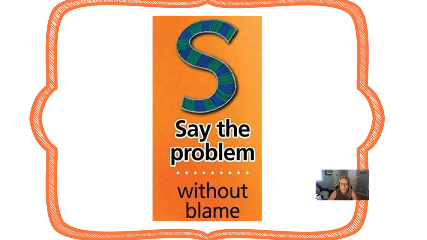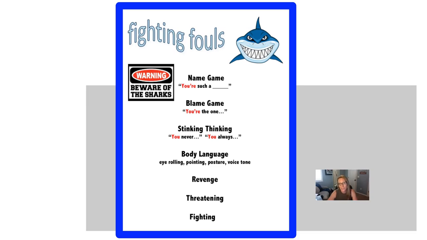The first step is to state what the problem is. If this problem involves someone else, then you're going to want to talk to the other person. How you talk to the other person is really important. So if you can say the problem without blaming or without using, yes, these fighting fouls that I know we talk about year after year, because they matter. They're really important. If you're trying to solve a problem and you start by calling someone a name, or you automatically blame them for the problem, or if you tell them they always are part of the problem, or they never listen to you, or you roll your eyes, or you point at them, or you yell at them,